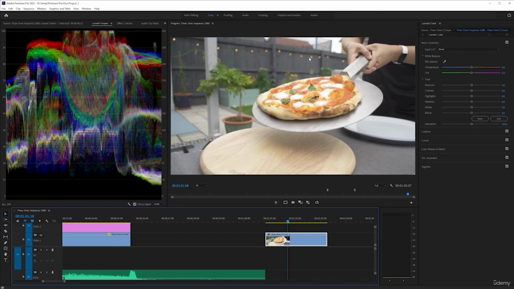We don't have the color capture of a £2,000 camera, which is what was used in this. It's all about color space, and we're on 422 rather than 444. But if I bring down exposure,